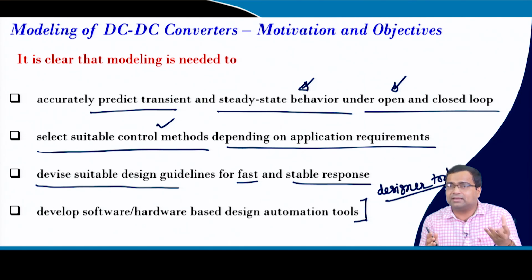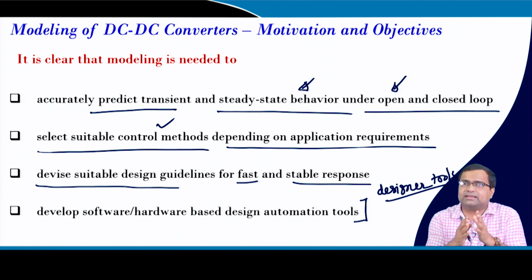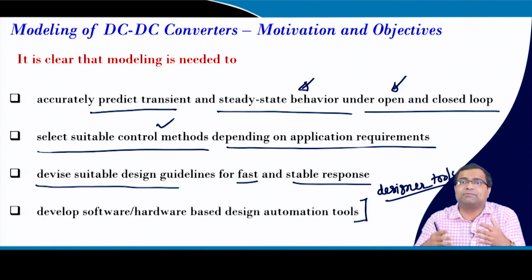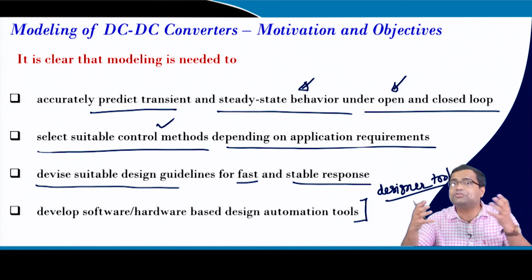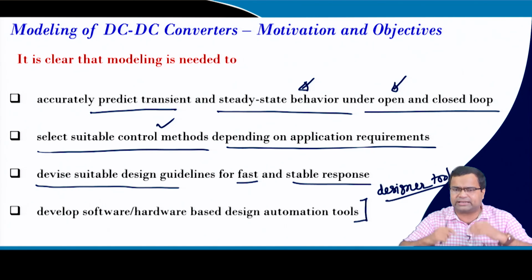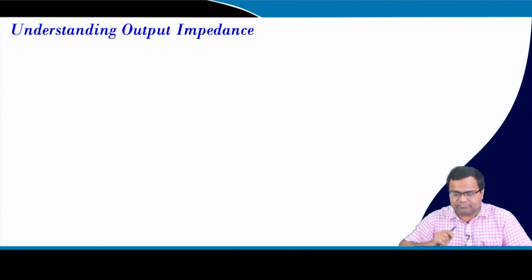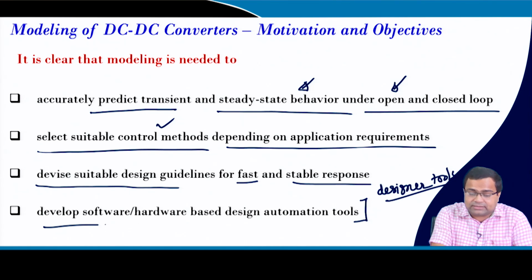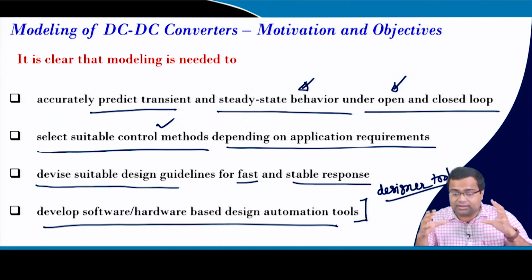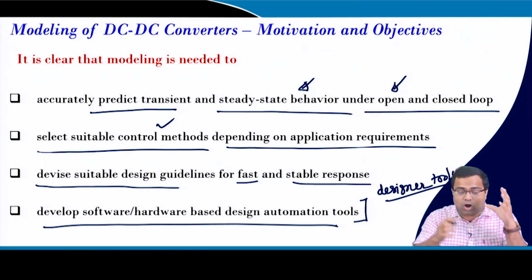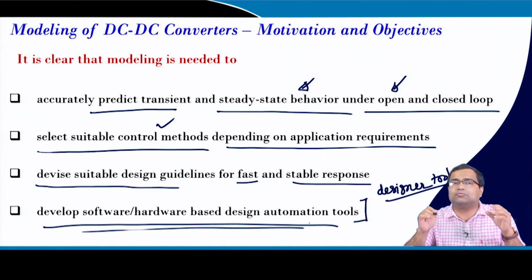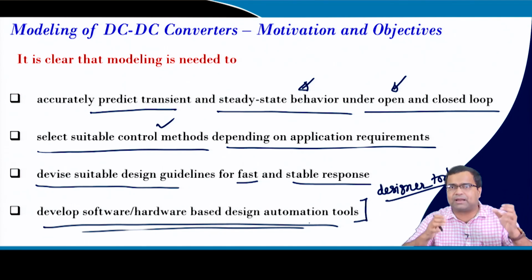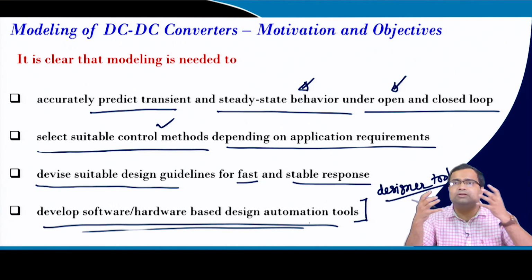And it may so happen, if your transient spec is very stringent, you may not find any product at all. Then you need to find your own solution, and that is how technology development happens. So this automated tool is very important to develop, so that when your new control technique comes in, or even for existing control techniques, we need not spend a lot of time designing from scratch. You should develop the model, and if you just plug in, the model should tell what my compensator gain is.